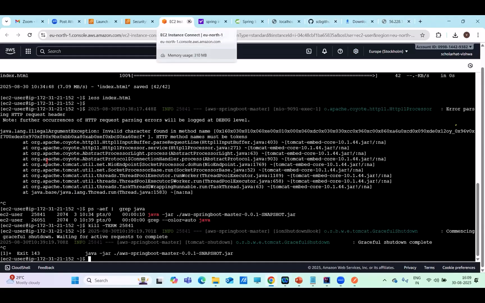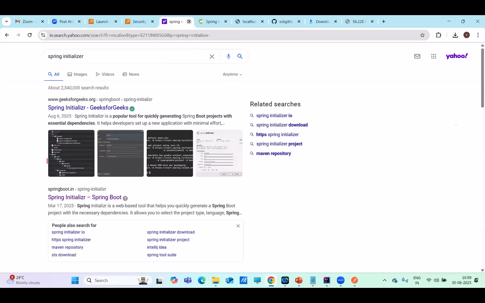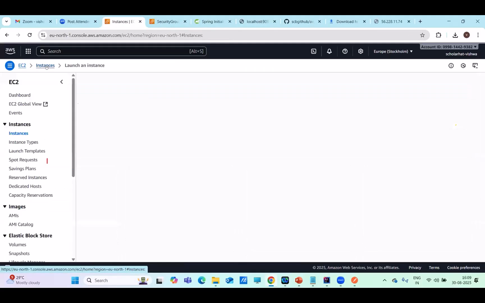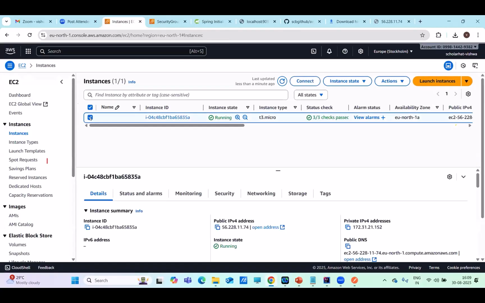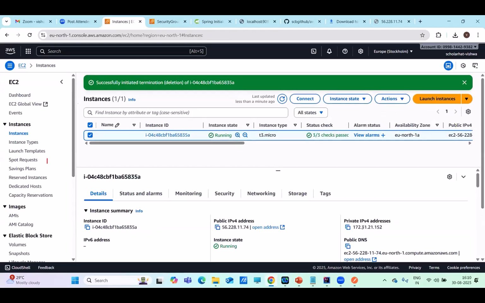Okay. So now what we can do is we can delete this instance. So our work is done. So let me go back to our instances. In the instances page, you can see all the running instances. I will select that. In the instance state, I will say terminate. So once you terminate, it will be terminated immediately, but that instance will be visible here for an hour by default. Yes. So as you can see,